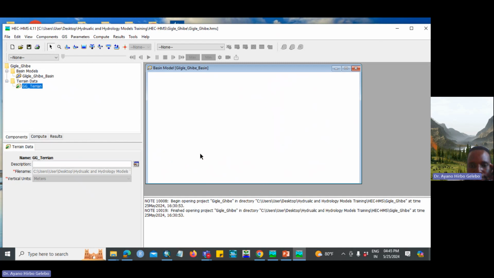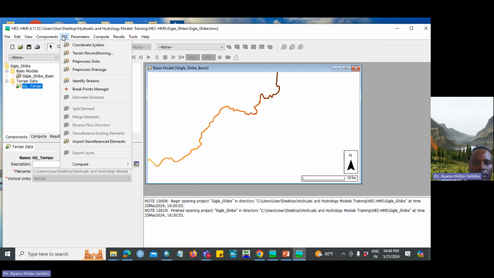Yeah, almost we are getting 500. Well, this is almost a main river, all right, for the Gilgel Gibe river. Almost I omit the tributaries. Okay, so the next step will be this. I'm satisfied because I got the stream of Gilgel Gibe. Now